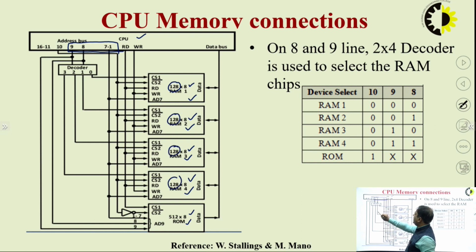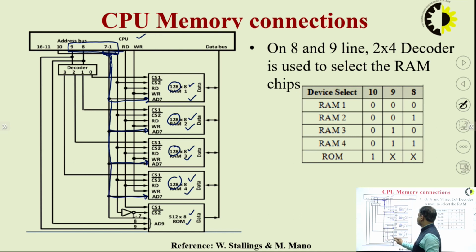So here, these 1 to 7 bits are connected to each RAM's address lines. These are the 7 address lines that are common to each. This question is asked: how many address lines will be common? The answer is the 7 address lines are